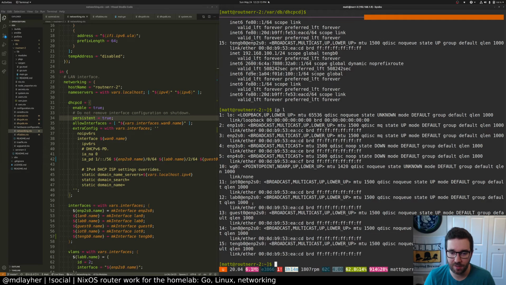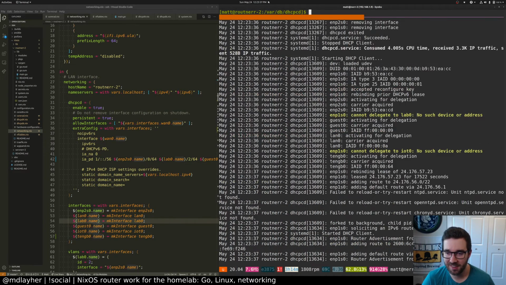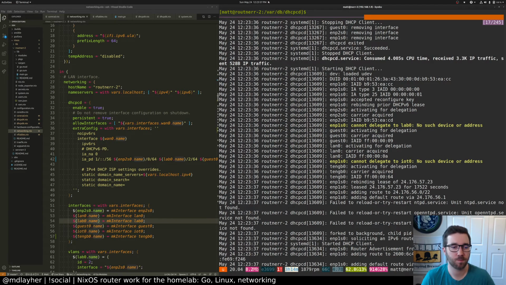So IoT and lab definitely exist, and they haven't gone away. What in the world? I'm not crazy, right? I saw those interfaces in the configuration just now. That's so weird. Why would it not think that they exist? Maybe there is some cached state here somewhere I'm just missing. Let's do some quick Googling just in case. dhcpcd cannot delegate to